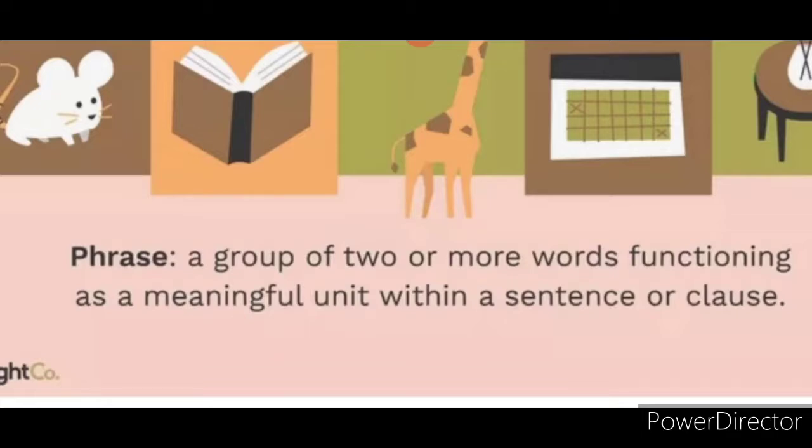It is not fulfilled. It will be like an incomplete sentence. So in other words, it does not have a subject or verb. It will not have either a subject or verb. That is what phrases are. But in the case of clauses, it has both subject and predicate. But phrases will not have a subject and predicate.